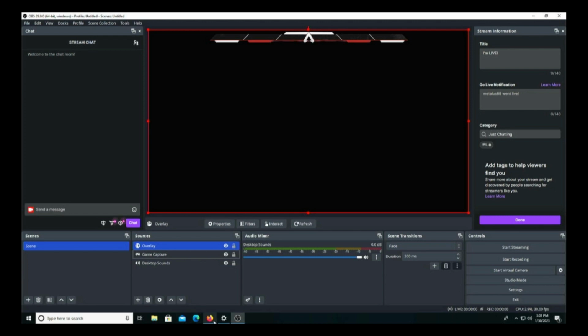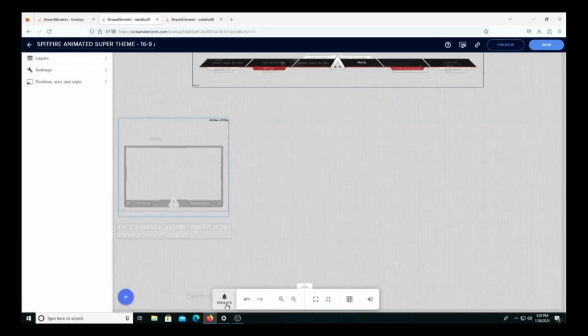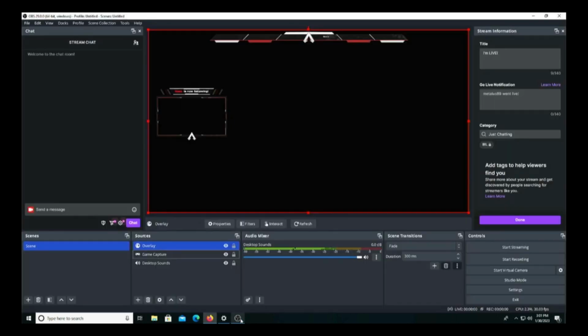If I make any changes on the website here, like for instance, if I click follow event now and go back into OBS, you'll see that it's right there. And then it'll go away once it's done. So now we've set up an overlay